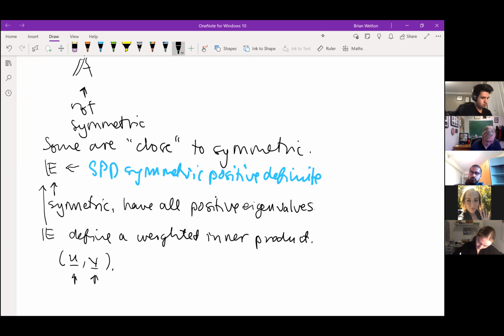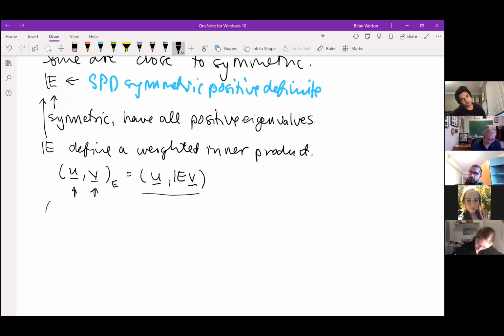Now I'm going to make a new inner product, a different one, in which I take U and then take the inner product with E. This is showing how you actually get it in terms of the old inner product. And I can say without proof